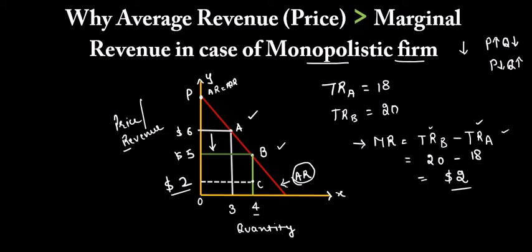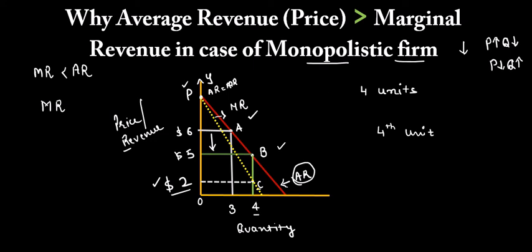So to obtain my marginal revenue curve, I will take this point C where the marginal revenue is $2 and this point P, and I will see how my marginal revenue curve will look. On joining the point P and C, I obtained this yellow line, which is my marginal revenue curve. So it is evident that the marginal revenue curve is below the average revenue curve. So this is clear that marginal revenue is going to be less than average revenue. But we want to find out the reason for that. So for that, let me again analyze this case.